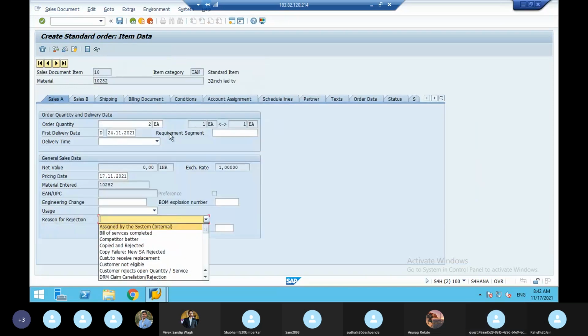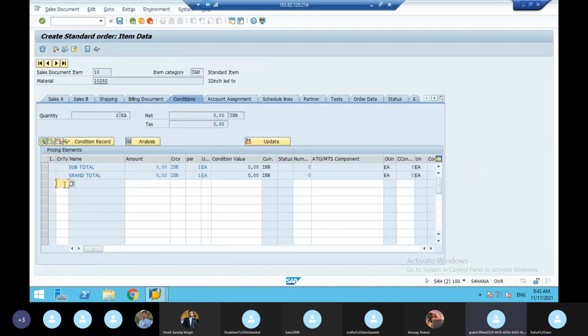Imagine I'll go to the conditions. So here I'll give PD7P, say 100 rupees, 1000 rupees. Here I'll give PD7S, say 2%. PD7Z, 4% discount.